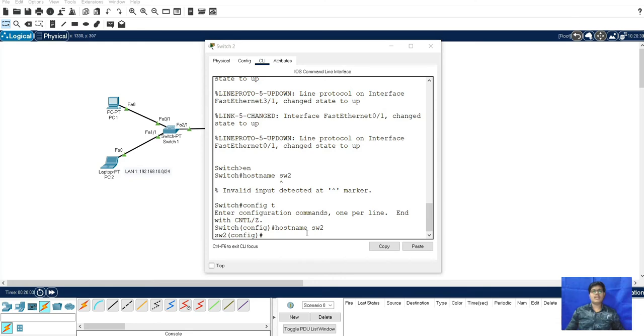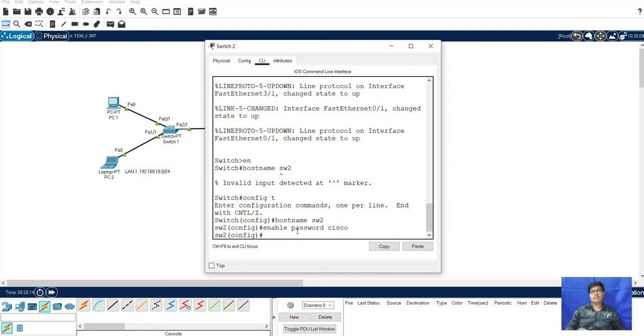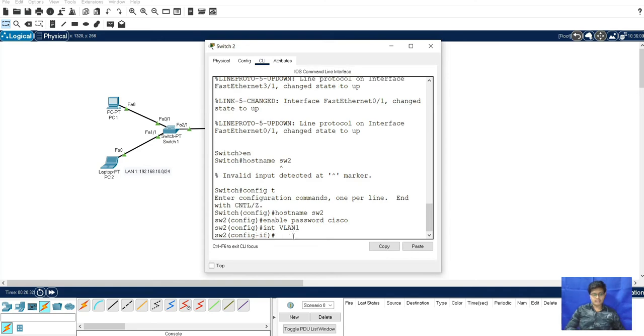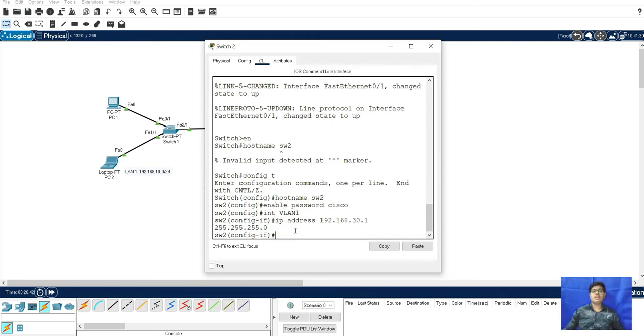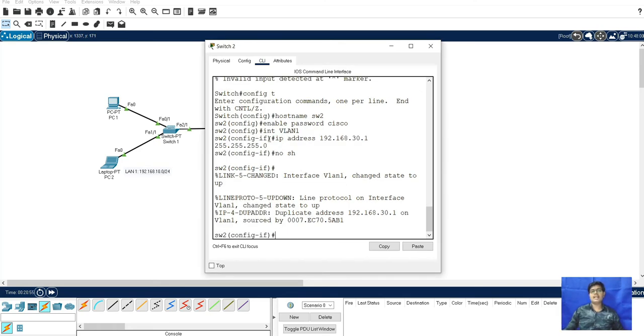Next, we will give the password here, that is enable password, we can give here Cisco. Interface VLAN 1, IP address 192.168.30.1, 255.255.255.0. Okay, no shutdown. So the VLAN 1, that is of telnet, is enabled here.